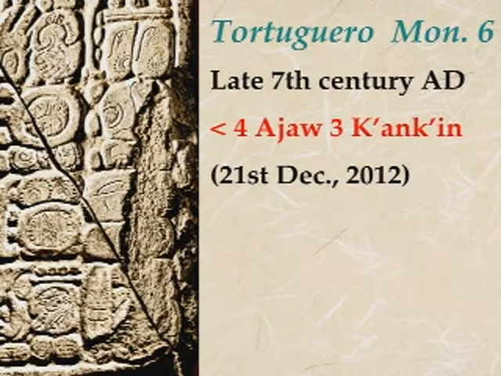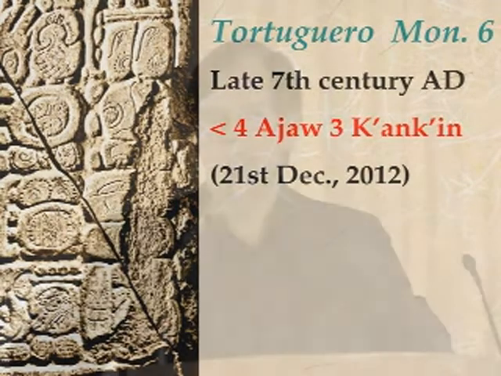Bolon Yokte literally means, it's spelled, this is the number 9, a bar with 4 dots on it. It's the number 9. Below it is a dog's head. And below that is the glyph for tree, 9-dog tree. Now, 9-dog tree doesn't sound like a palace, but in fact the word for house post, the thing that holds up the roof, is yokte, which is spelled with the dog, who's also pronounced ok.